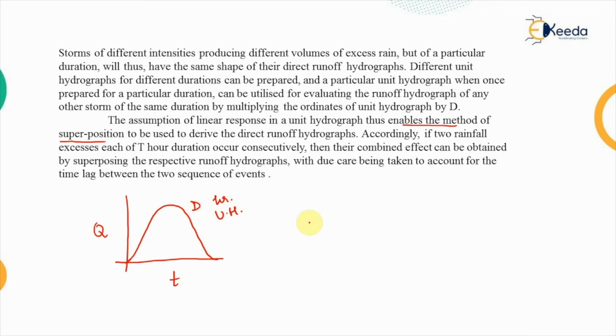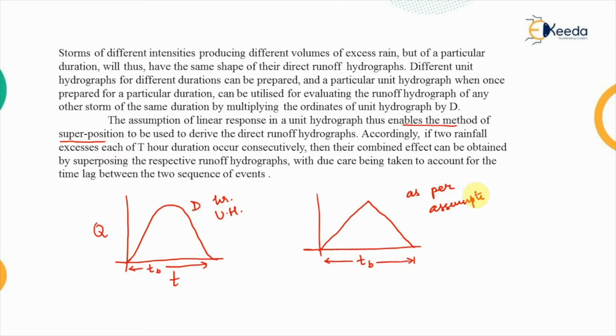Now the assumption is that the response is linear. So both these segments will be linear, and if this base was already the TB value, then this will also remain the same, that is TB. So the base is not changing, only the response is varying as per the assumption. The second curve is according to the assumption, while the first one is the actual response. So this is the D hour unit hydrograph,